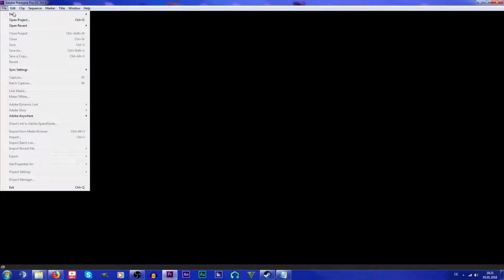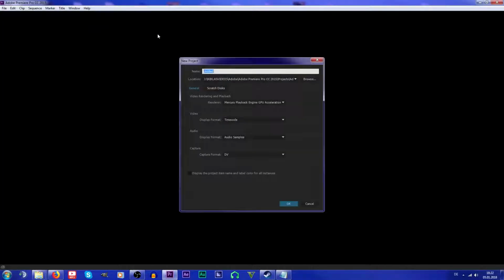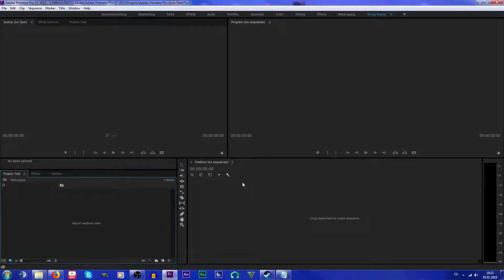So the first thing you need to do is File, New Project. Then I name it Test, and you can name it whatever you want. You can pretty much leave all the settings here. Then hit the OK button, and now it took a bit of time, but now here we have our basic